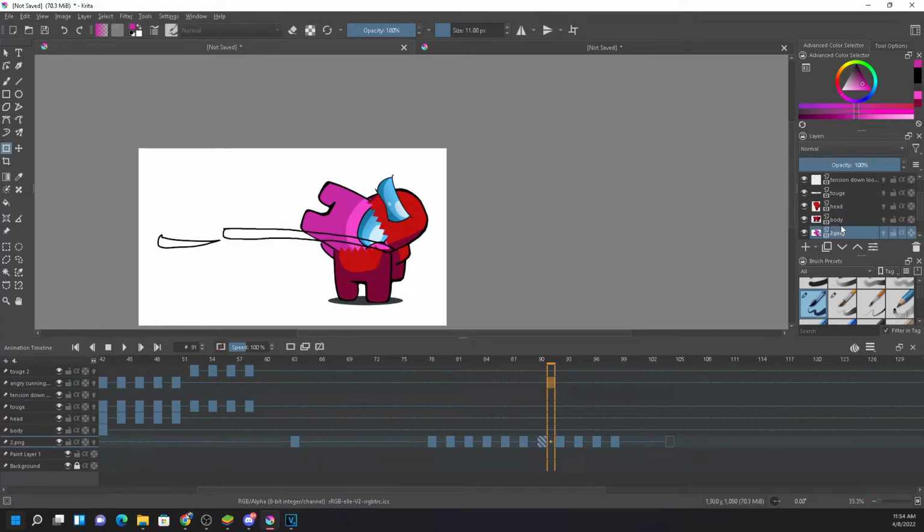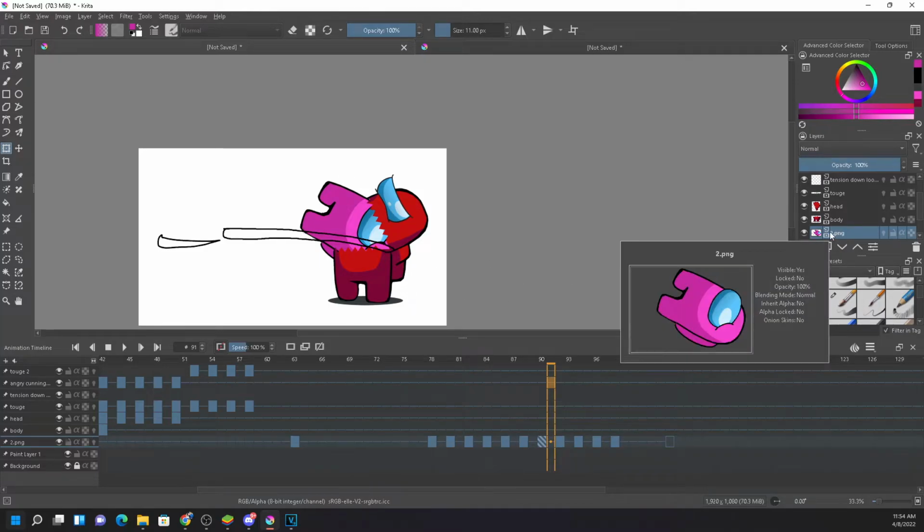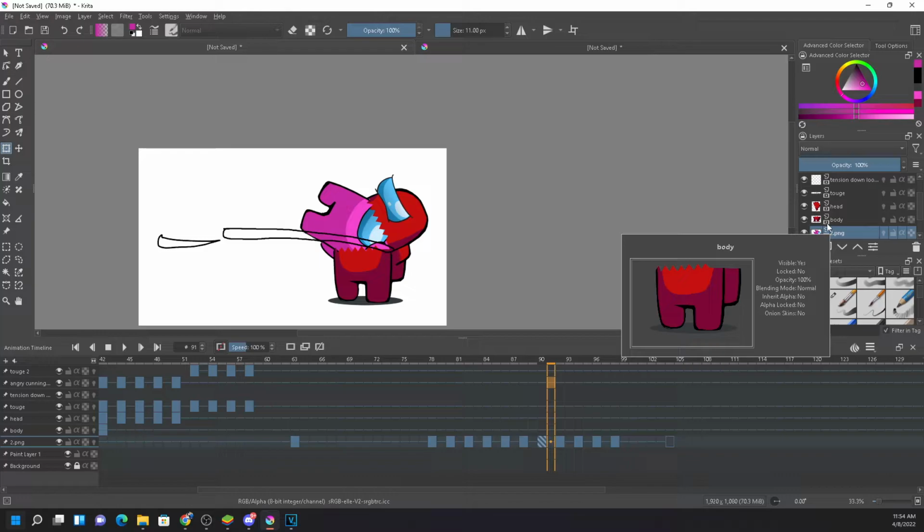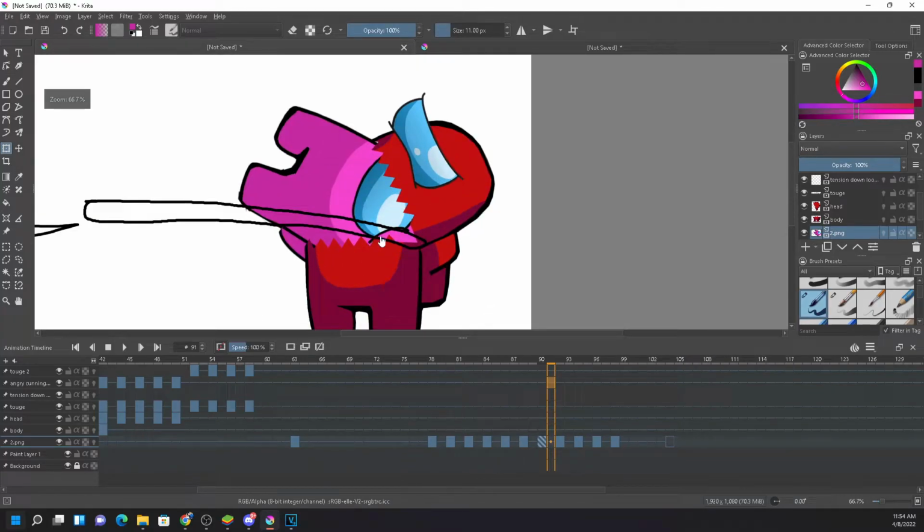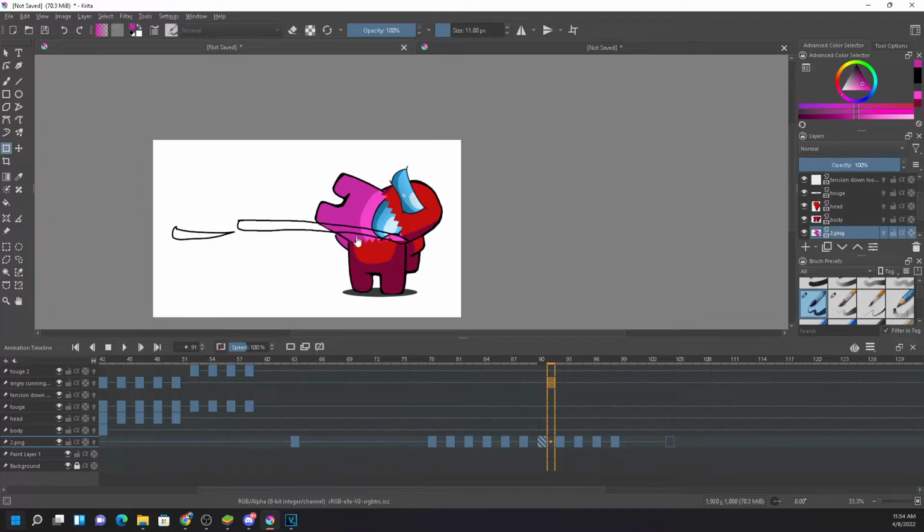If I pull this pink below it, you can see it is below. So there is a main problem. You can see the tongue. Right now you need to adjust the tongue also. The tongue needs to be below this. You can see the tongue is on the red, so you need to adjust the tongue below the pink and red.